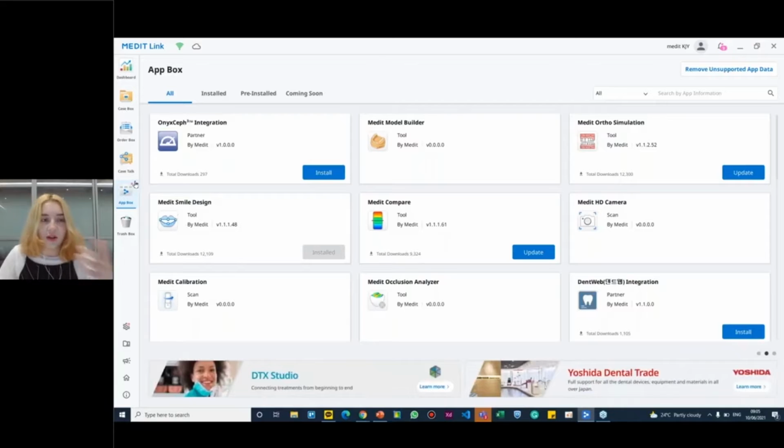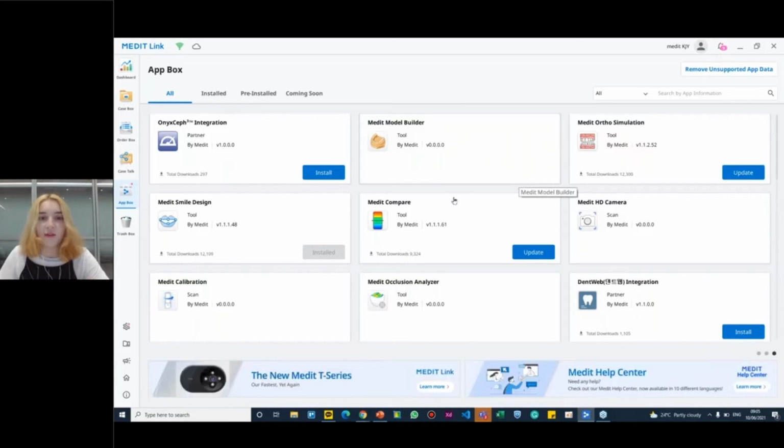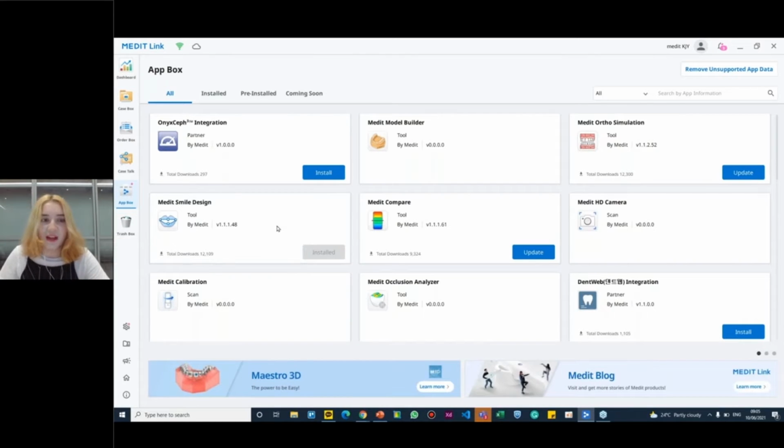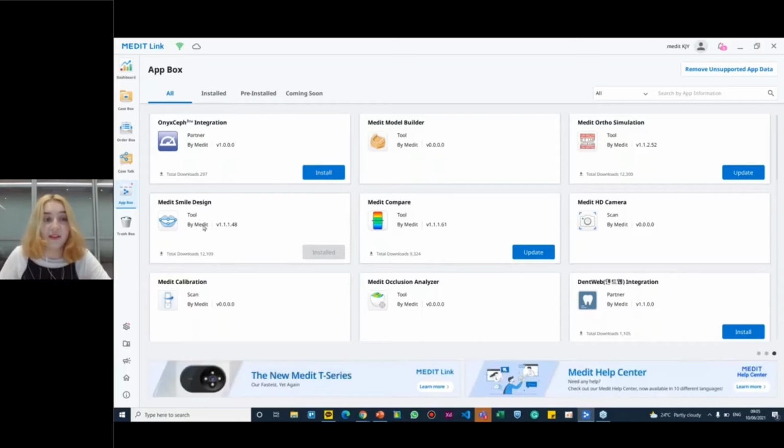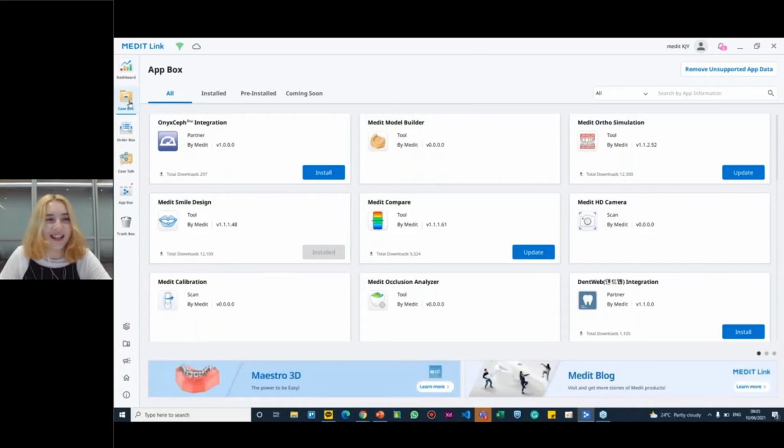So just Medit Smile Design and all of the apps are free for anybody who has a Medit Link account. You don't even necessarily have to have a scanner, especially to run this app, since it deals with 2D images. So when you go to App Box, you just click this install button, and the program is installed. It's very simple. So for me, I use it every day, so it's installed, and then I move to